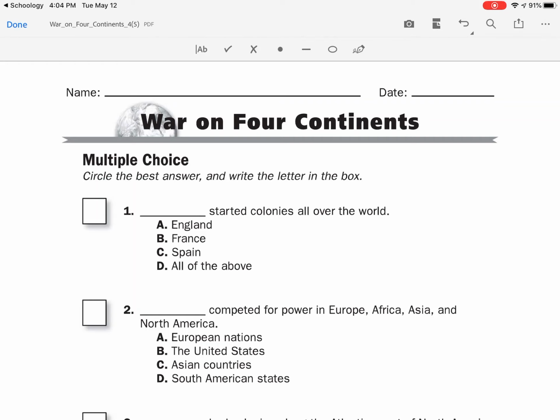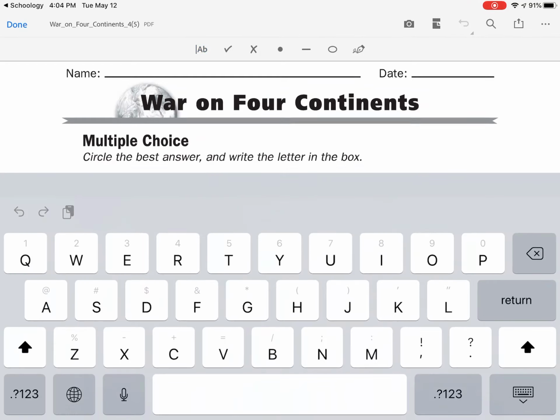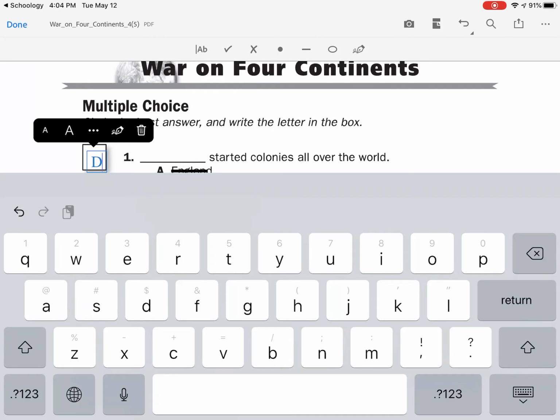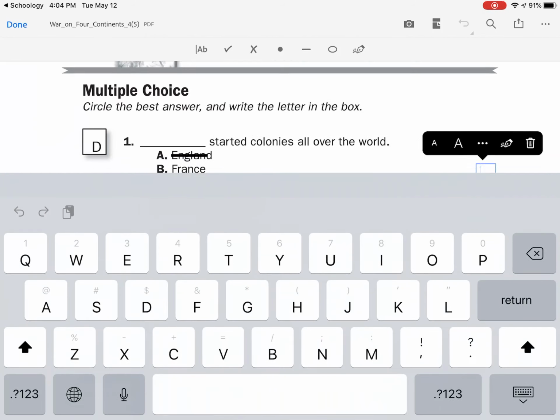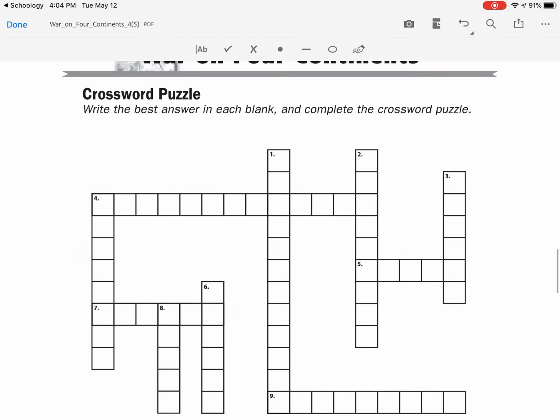Next part is this multiple choice. Here I can use the line button if I want to try to cross out some answers. Or if you don't need that, you could go directly to answering the question. So I could again tap on the text bar and tap in the area you want to type, and I could put my answer in. Let's say I fill this all in and keep on going down to the bottom, and now the next part